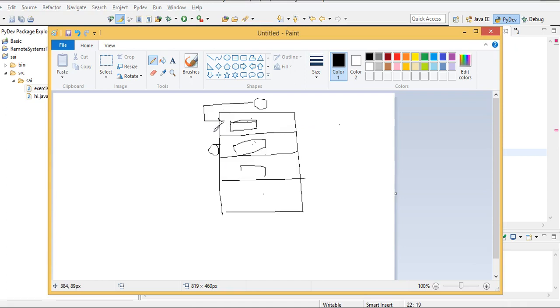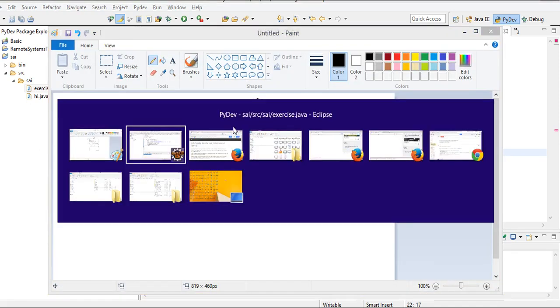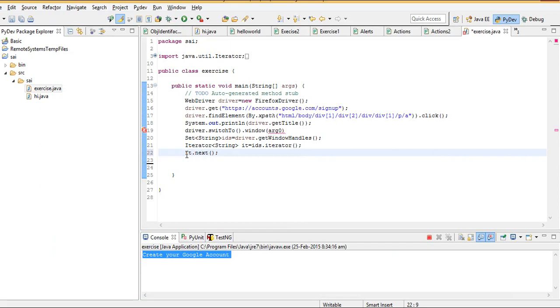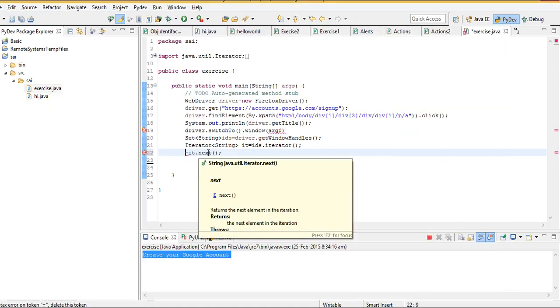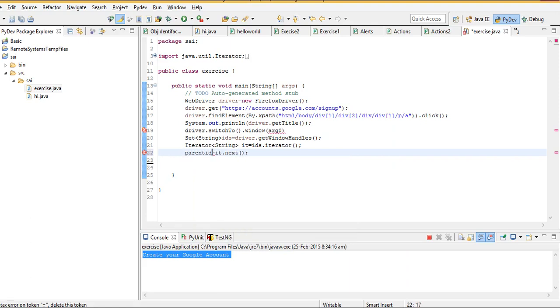When you say this step, it will come to the first row and it will grab the ID. Place it in the parent ID. This is a string, right? Let me define. Yeah, the parent ID is with me because my control is here.